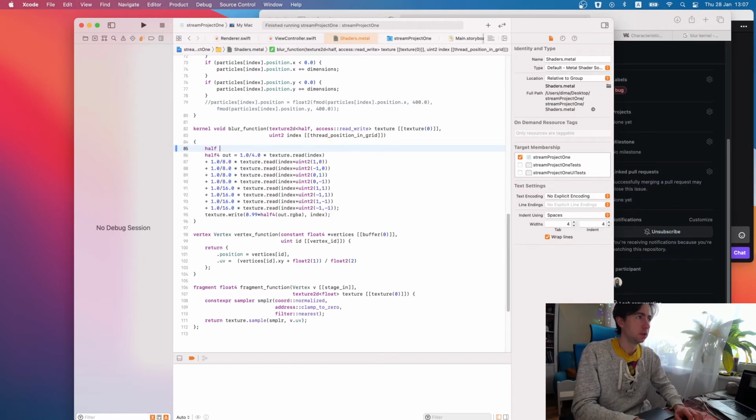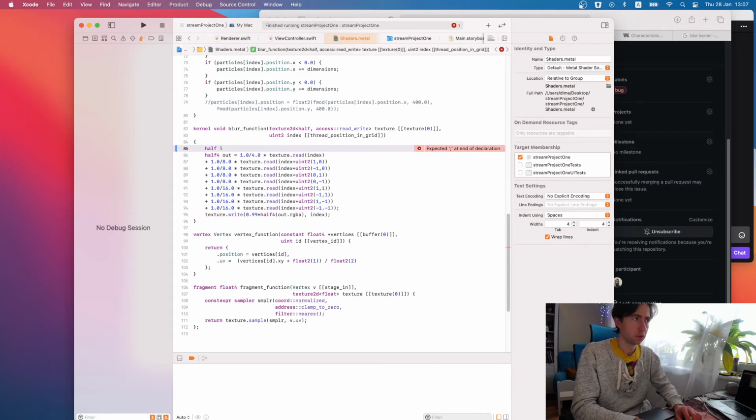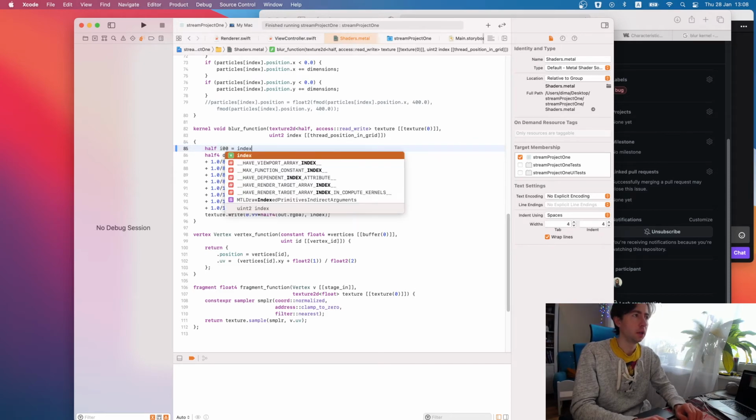So let's define a couple of variables. They would be indices, like 0, 0 is top left. It should be index.